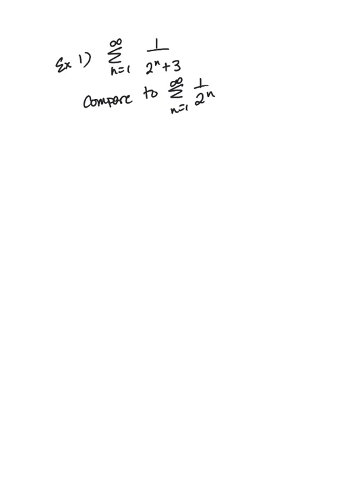Okay, what kind of a series is this? This is a geometric series, right? And what do we know about it? We know that r is equal to the absolute value of 1/2, right? Which is equal to 1/2, which is less than 1. So this series 1 over 2 to the n converges